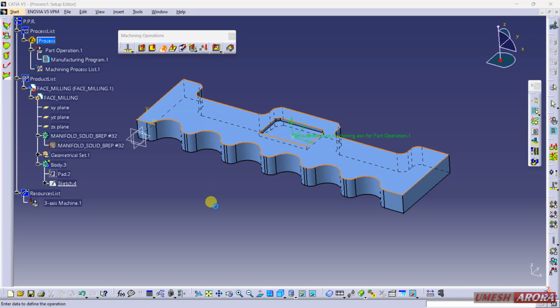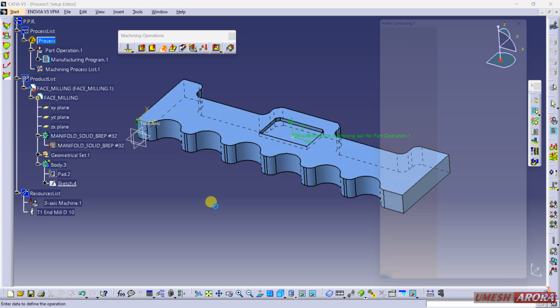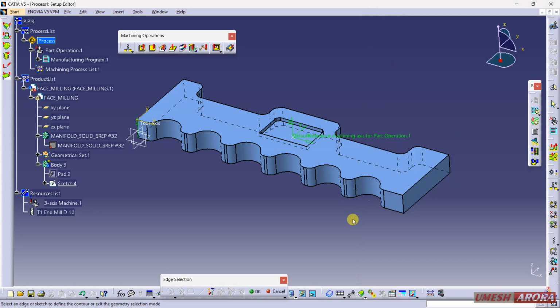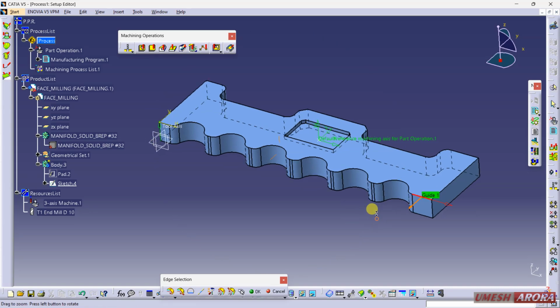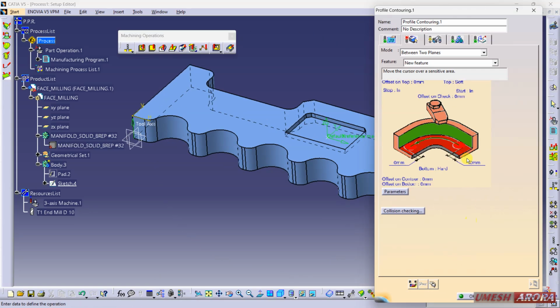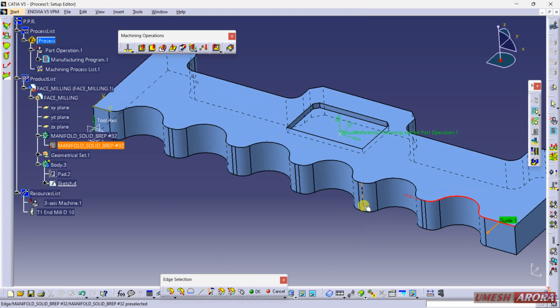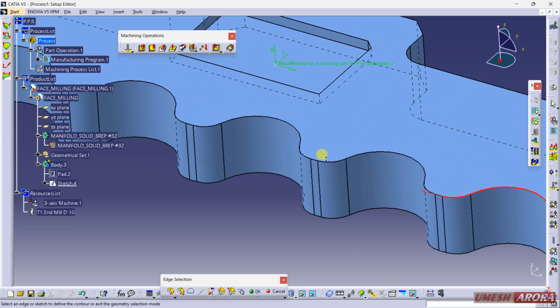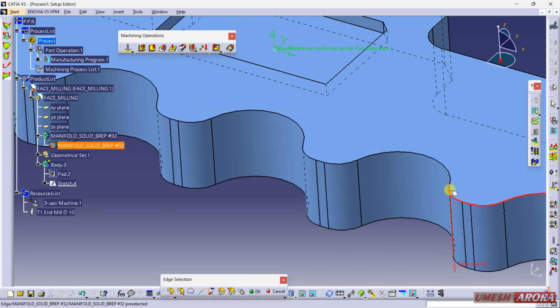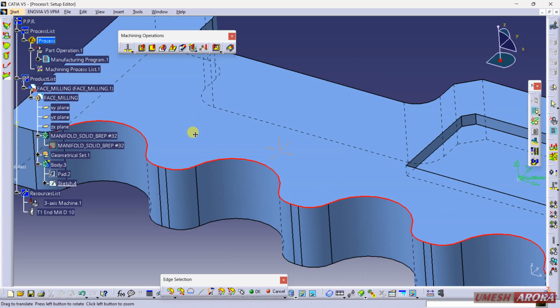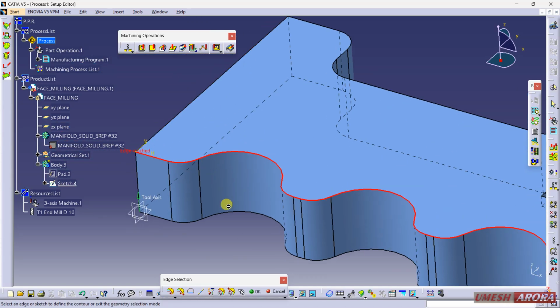Select the face, and here first define this contour. So I'm starting from here, and the arrow direction is reverse direction. Again select, right.